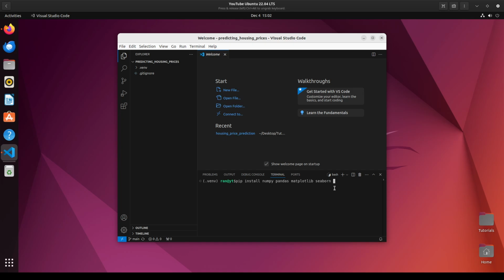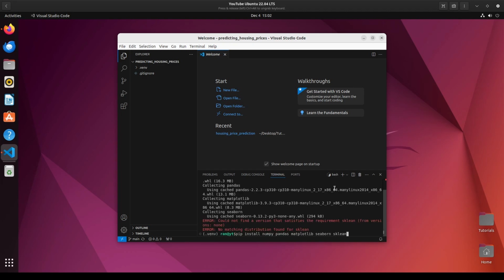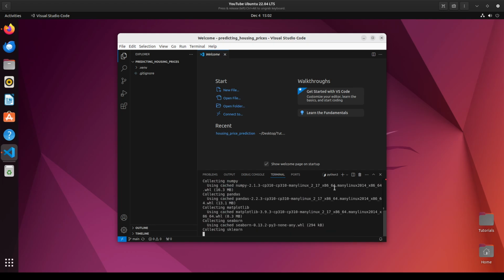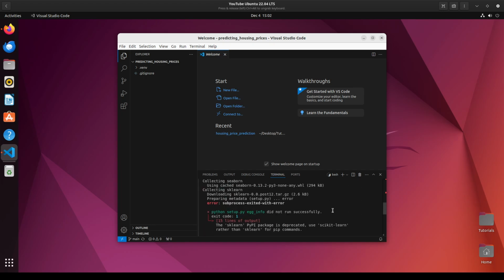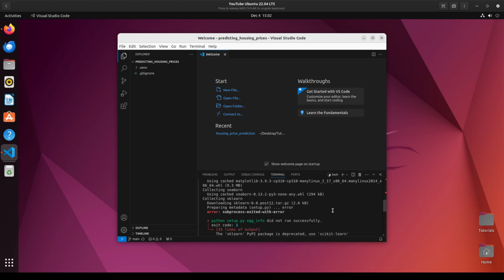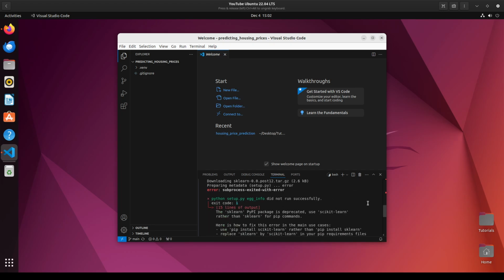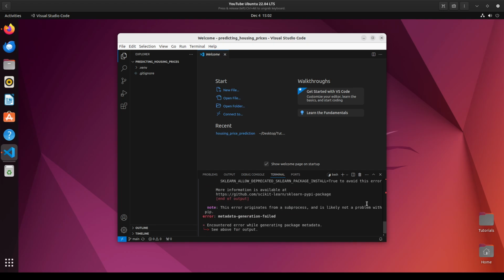So scikit-learn is basically sklearn. Okay, that's wrong. That's scikit-learn. So yes, you should see over here that everything is going. Okay,